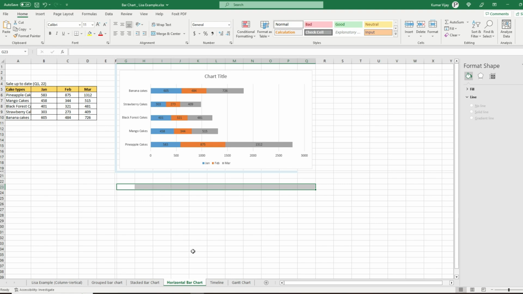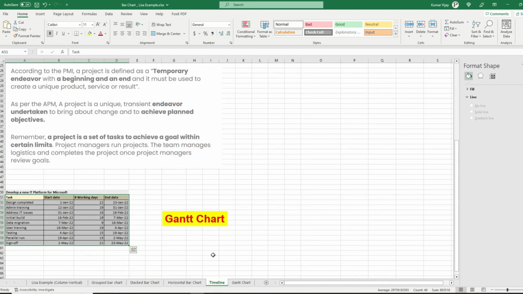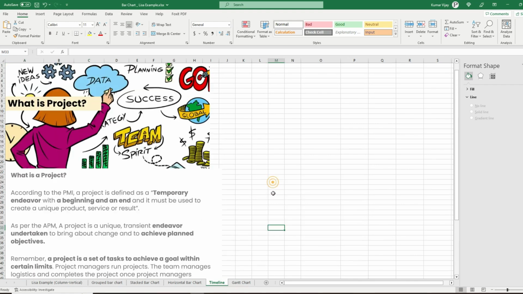Okay, so when we discuss this timeline and the importance of the timeline in representing the data in a bar graph, it is very important or critical, especially when we are representing any project information, right? So when I say project information, and if you go with the definition of the project itself,